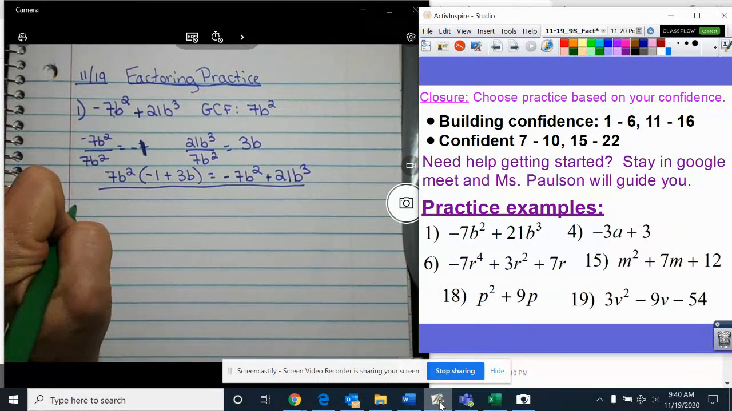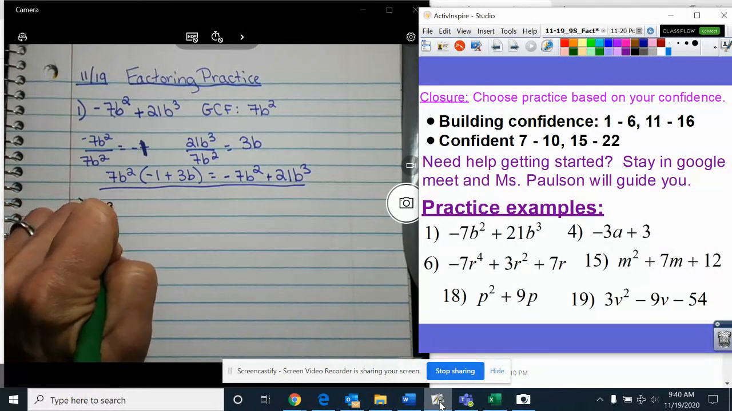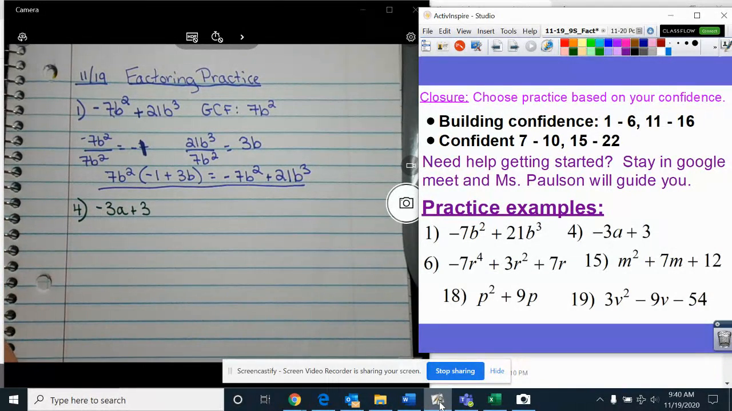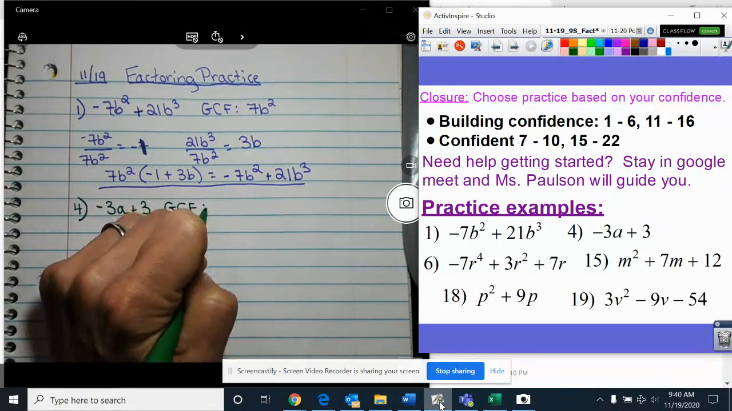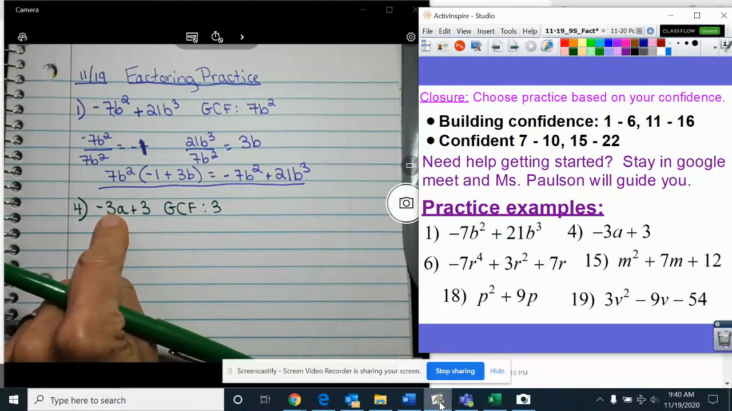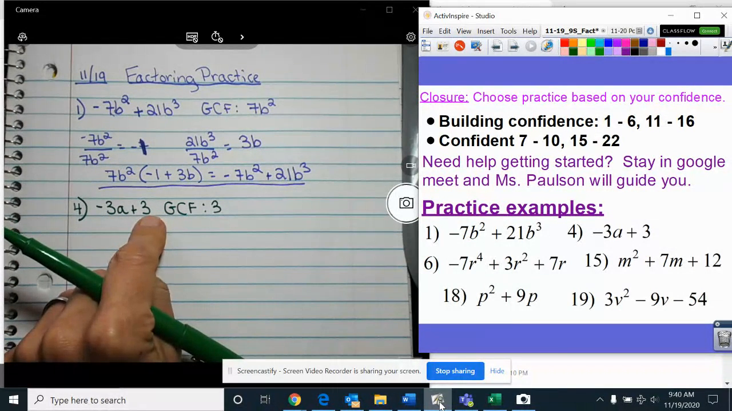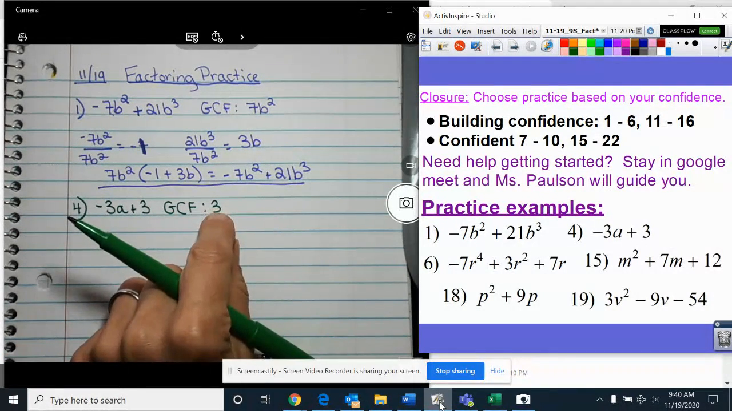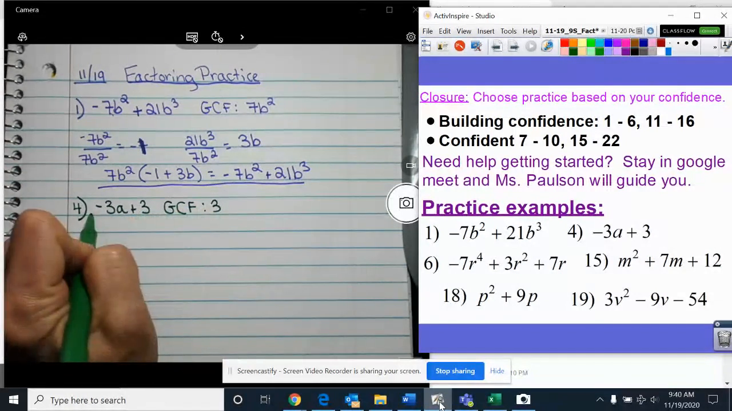Now in number 4, slightly different. Negative 3a plus 3. The greatest common factor is 3. The first term also has an a, but the second term does not have an a. So their only common factor is really 3 or 1. So when we divide that 3 out,